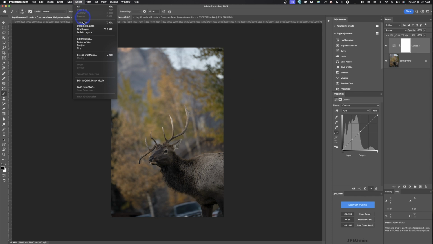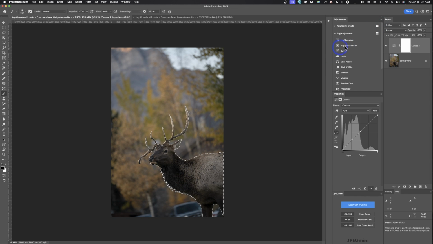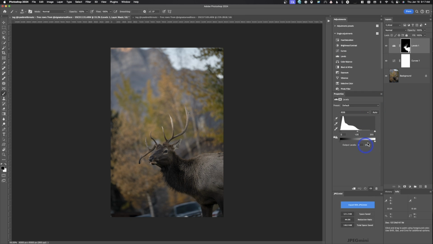So what we would do is go to select subject. It selects my subject. I make my curves. We'll do a levels adjustment just to do levels here for everybody. Once again, I'm going to slide, whoops, the wrong slider, this up to the beginning of that histogram. And we're going to slide this to about there. Might get a little more highlights. That looks